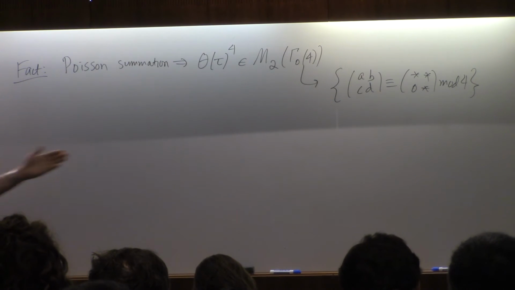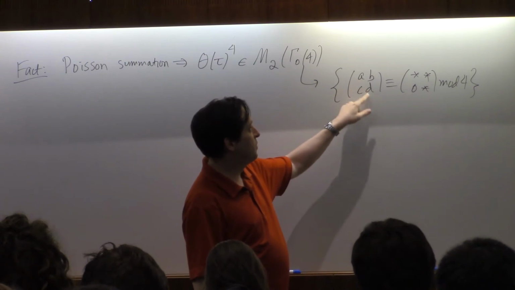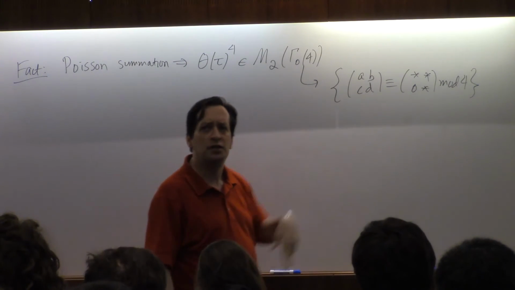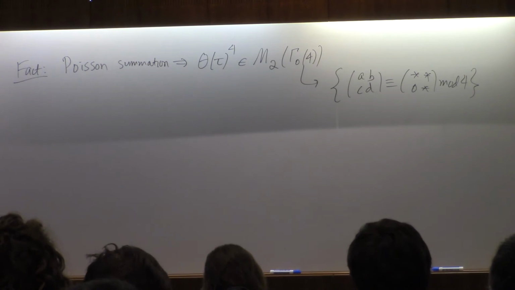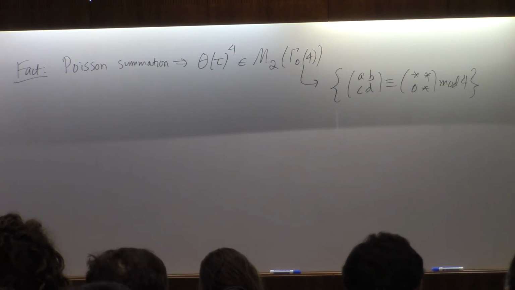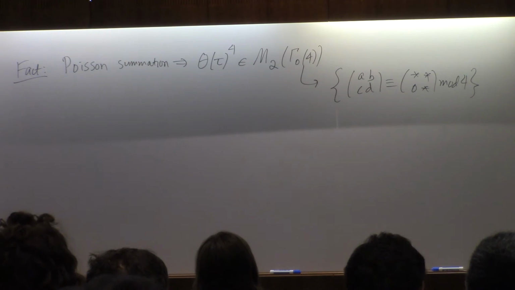Of course, being whatever you want, it can't be random, because it's supposed to have determinant 1, and that's even, and these had better both be odd, for example. So it's not like you have complete freedom, but determinant 1 integer matrices, the lower left hand multiple of 4. It turns out that this 4th power is a weight 2 modular form for that group, and